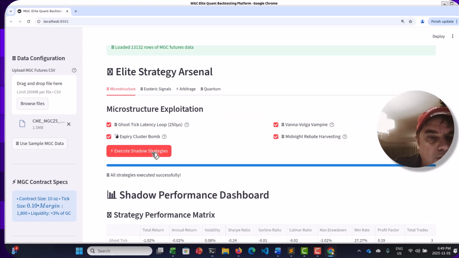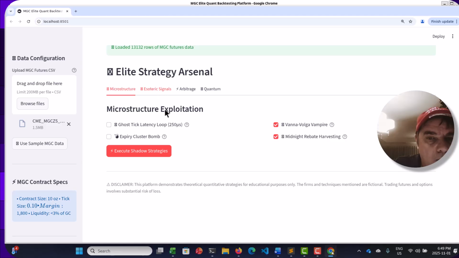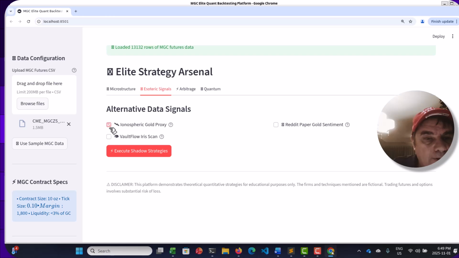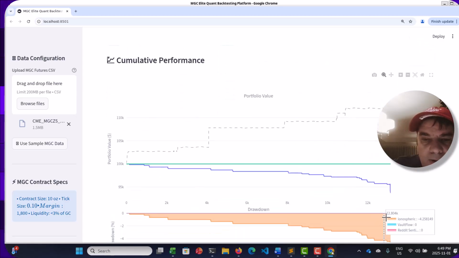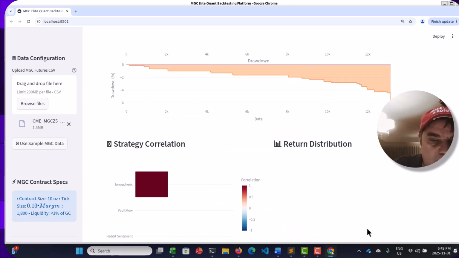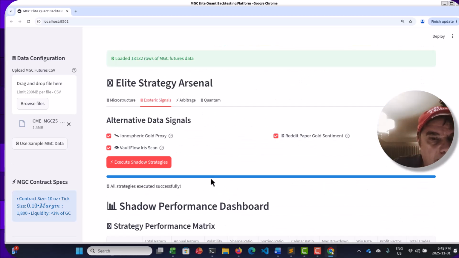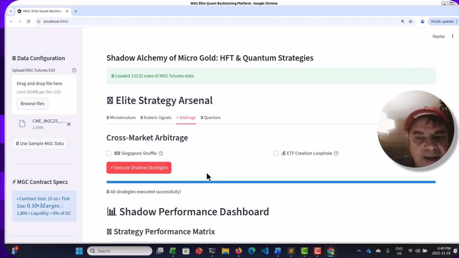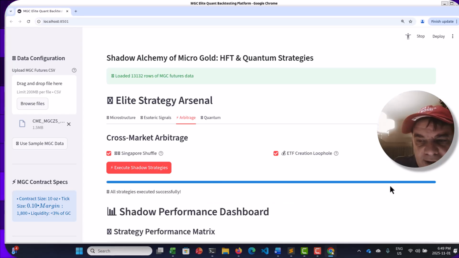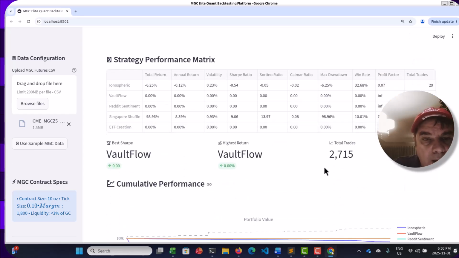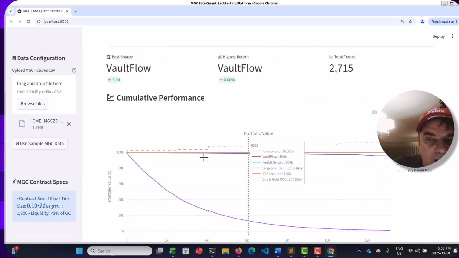So let me get rid of these, or better yet, I'll go under the esoteric ones. It looks pretty fast. Let's see what happens here. These are the different HFT related ones. Yeah, these are horrible. Very horrible. Buy and hold doesn't work on any of these. The one thing I want people to take away here is you can clearly see that these strategies may not work from a high level, but they're all negative. This ionospheric one's not so bad.